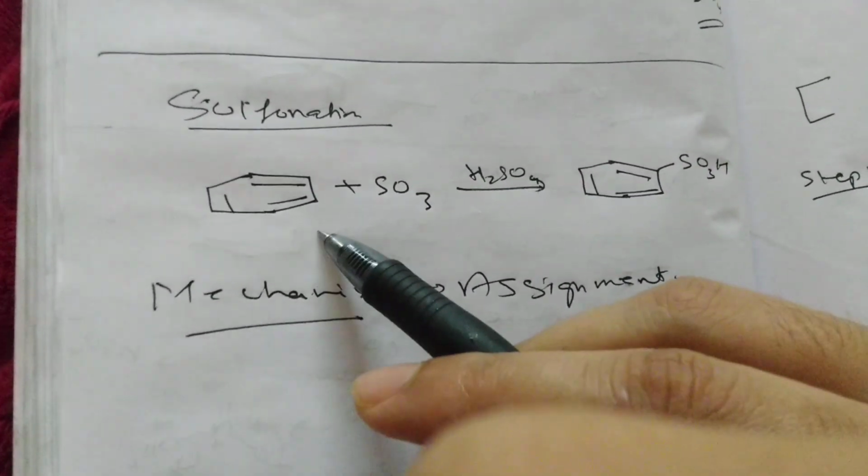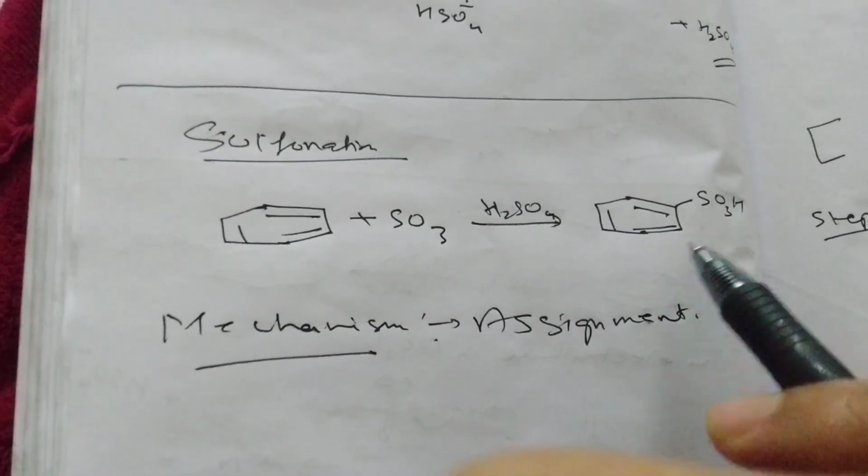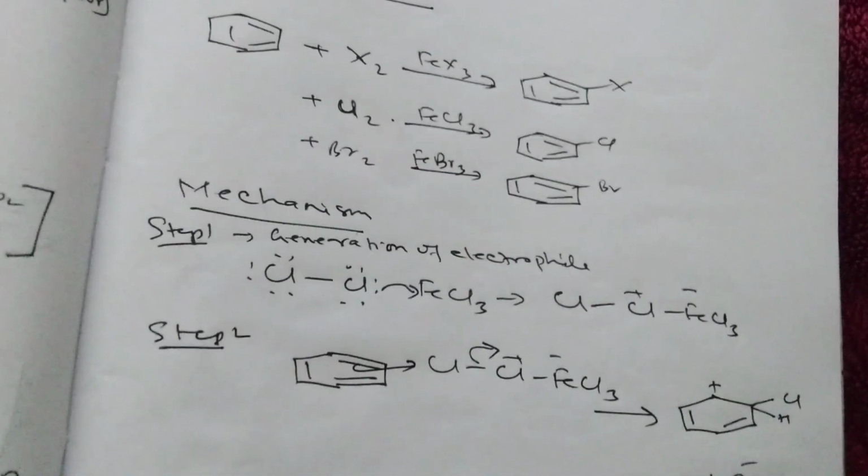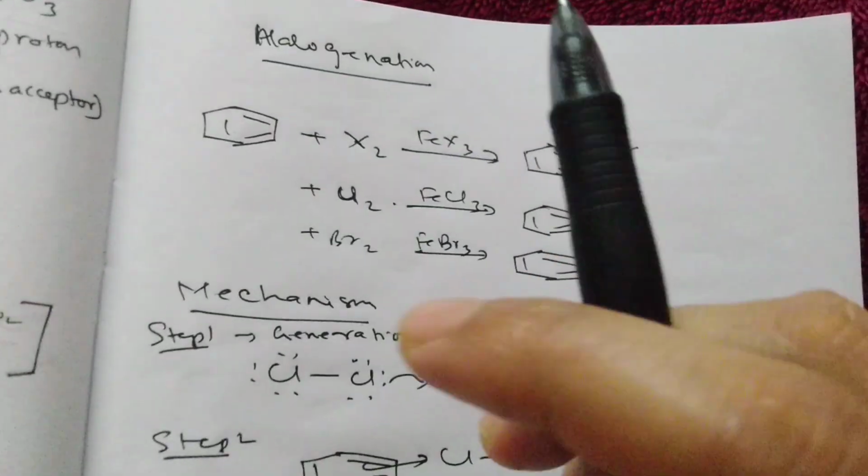Sulfonation, you react with SO3 in presence of H2SO4, you get SO3H. The mechanism you write as an assignment. Halogenation. So you want to halogenate, you want to chlorinate or brominate. So if you want to chlorinate, you put Cl2 with FeCl3. FeCl3 also, same, acts as a